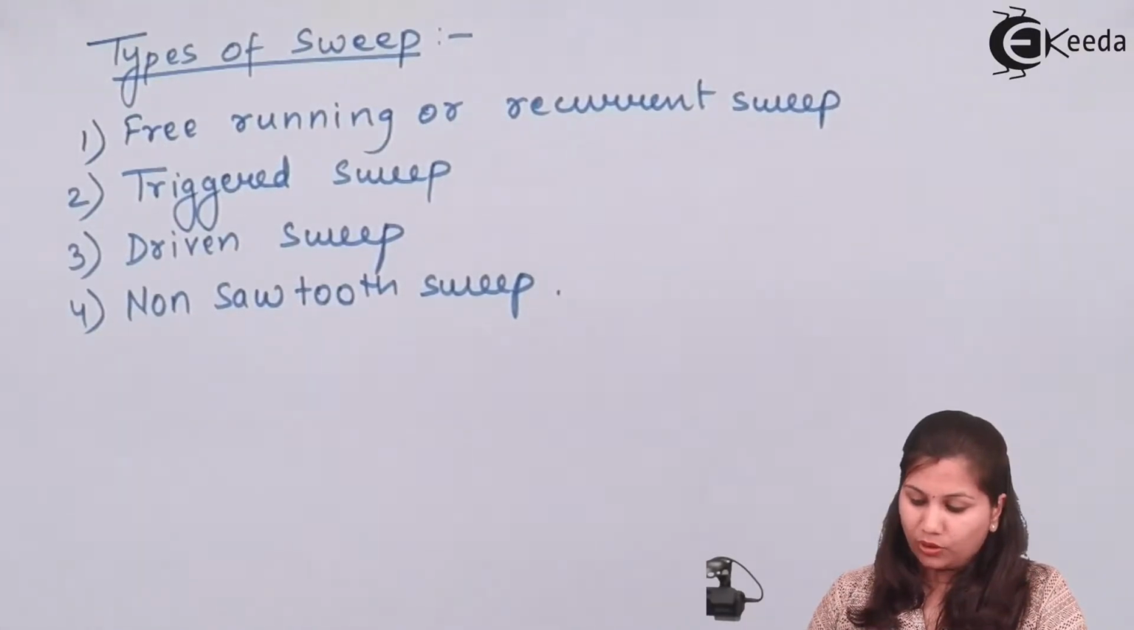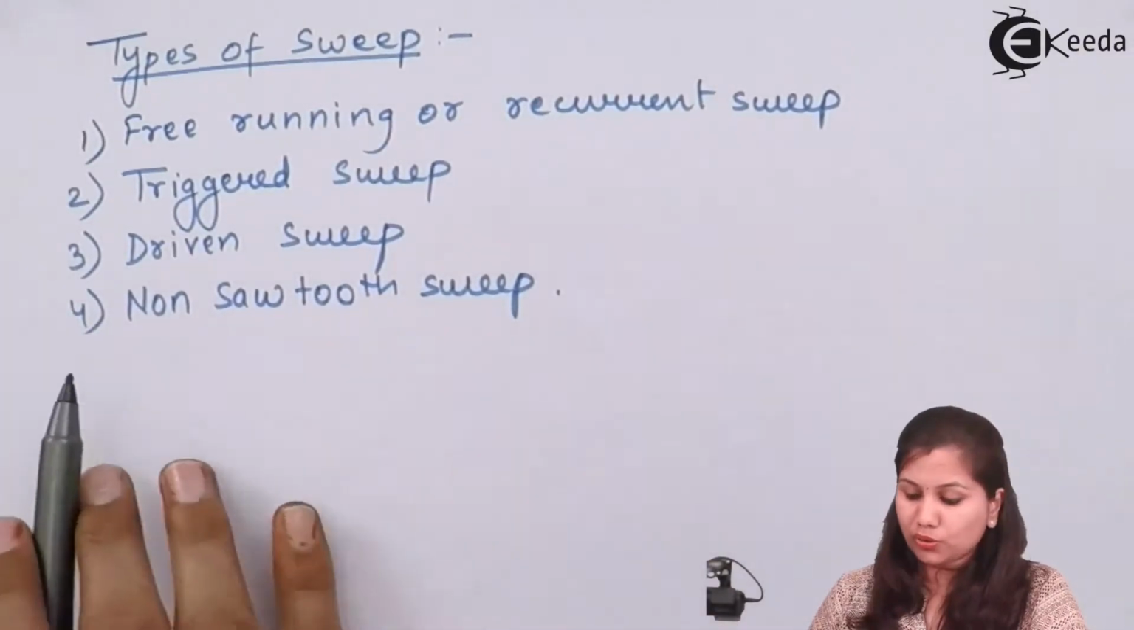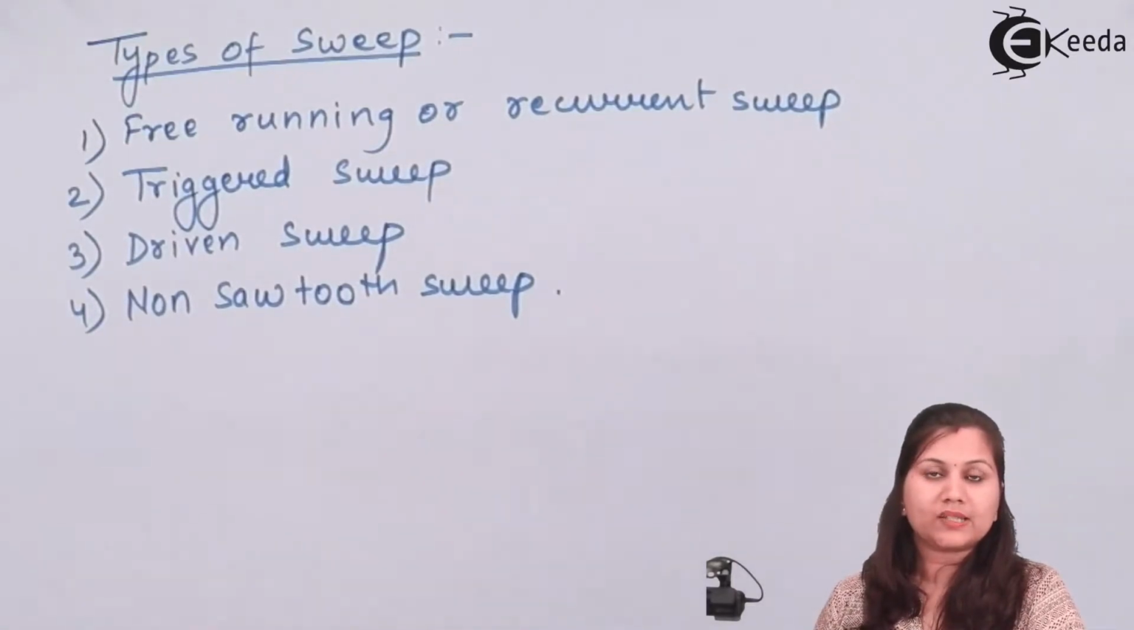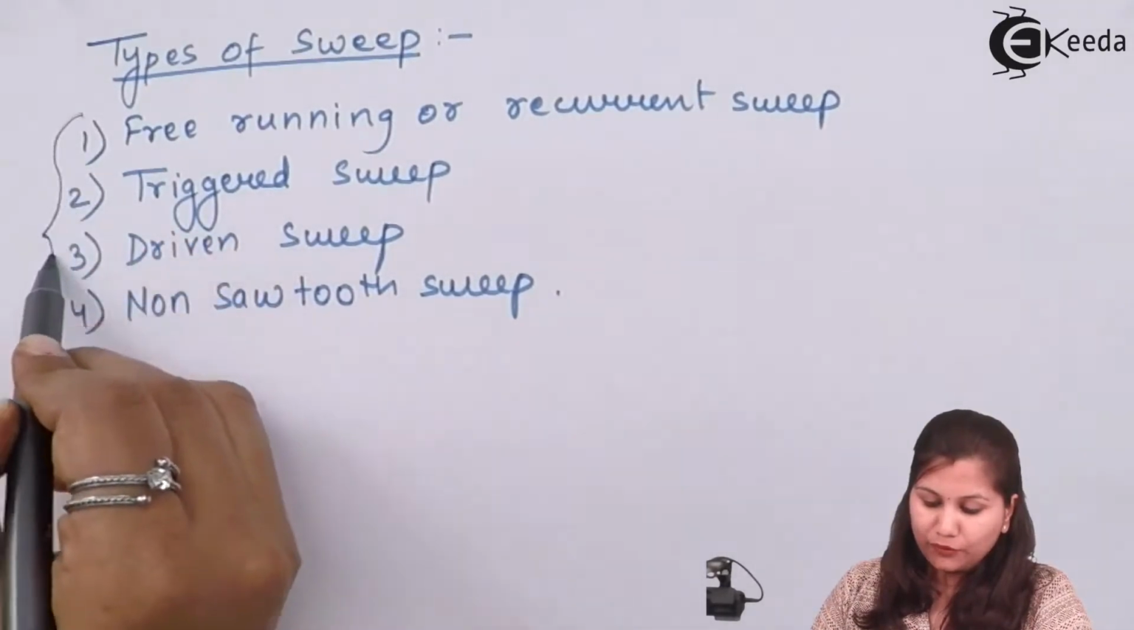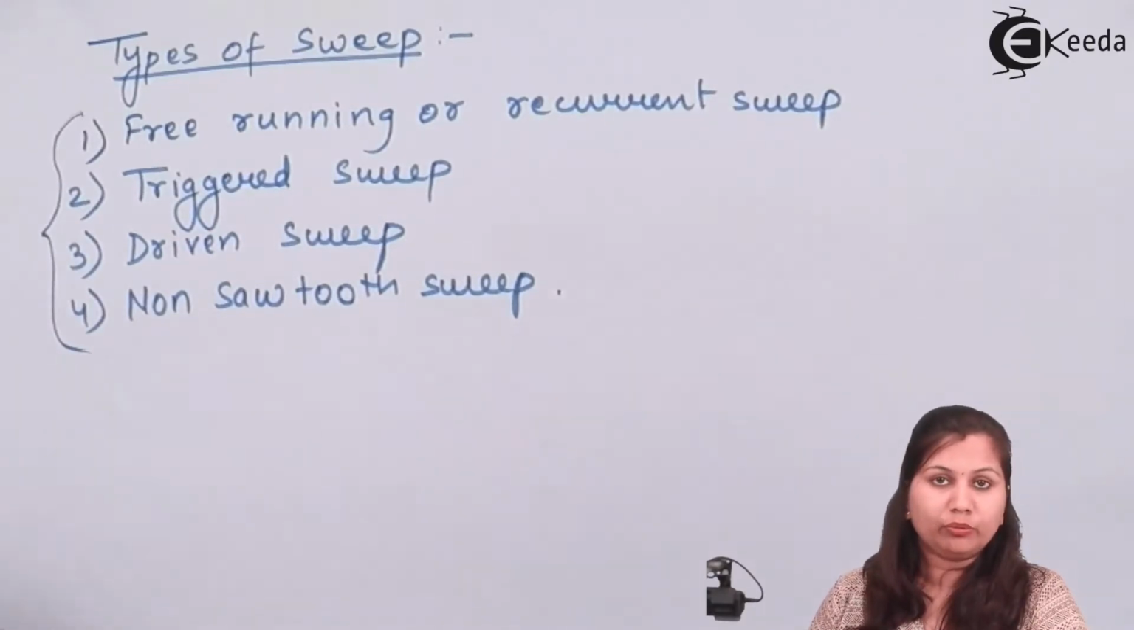Now next is the non-sawtooth sweep. The non-sawtooth sweep is used in the cases when we want to use the CRO to find out the phase difference, or we want to measure the frequencies of two voltage signals. Okay, so these are the four types of sweep signals which are generated with the help of the sawtooth sweep